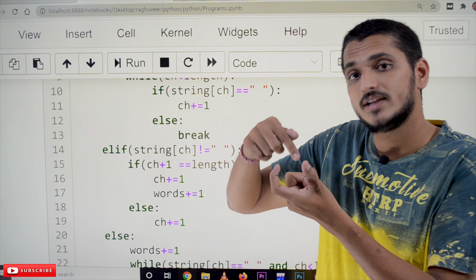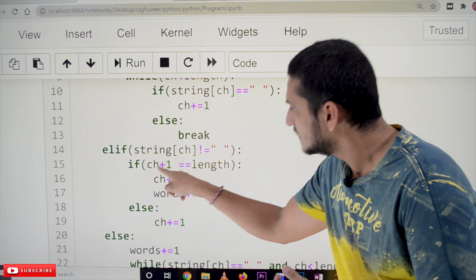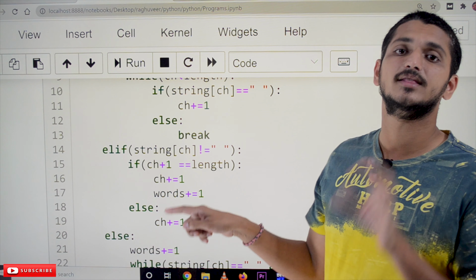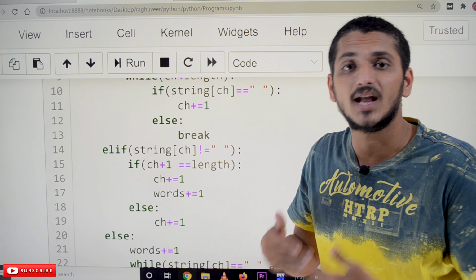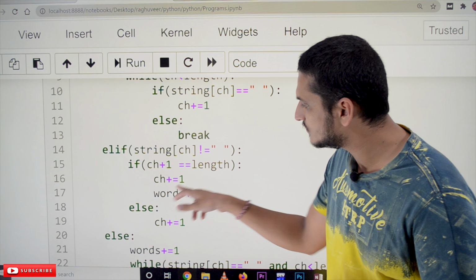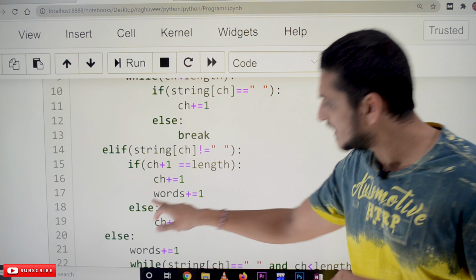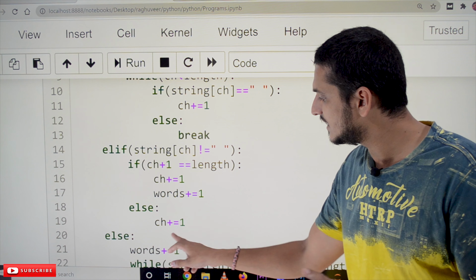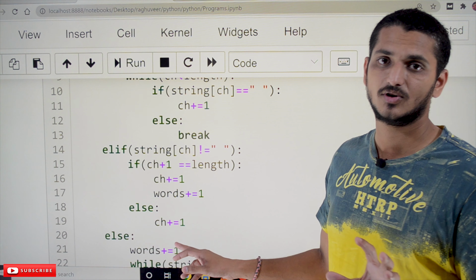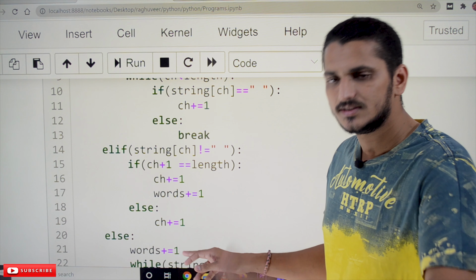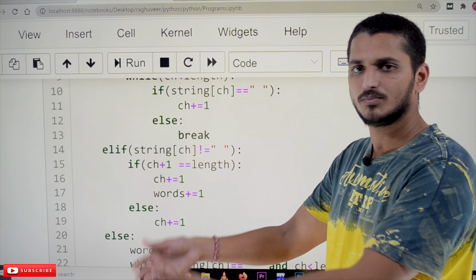How do we identify that this is the last word? Ch plus 1 is equal to length, then this is the last word. We have to increase ch plus 1 and the word count also. Else increase only ch plus 1. If it is not the last word, just increase ch plus 1, position plus 1.